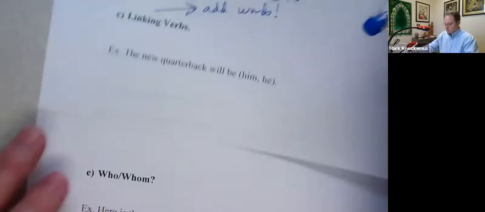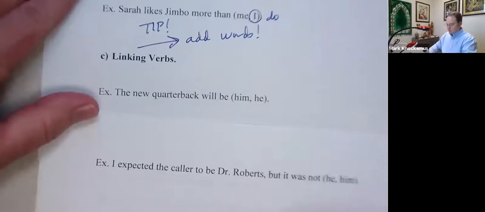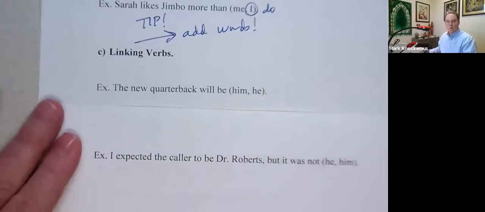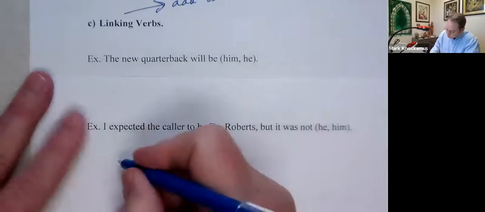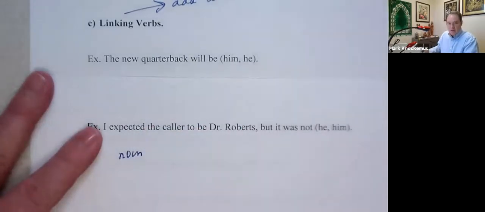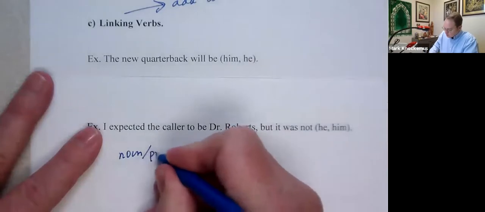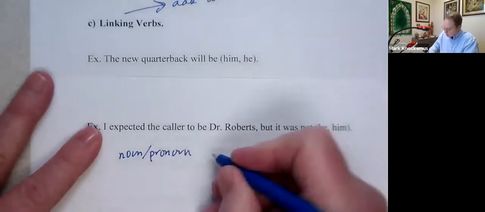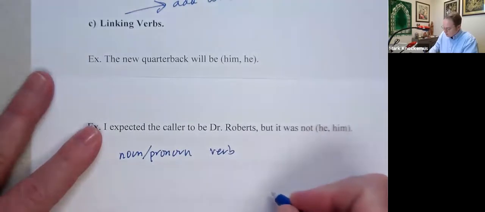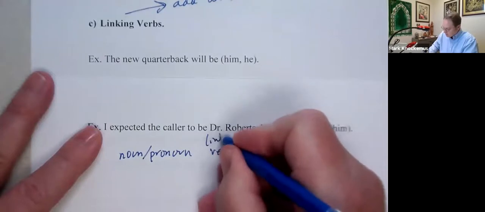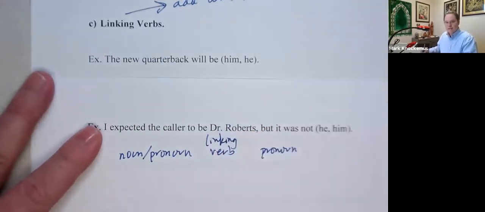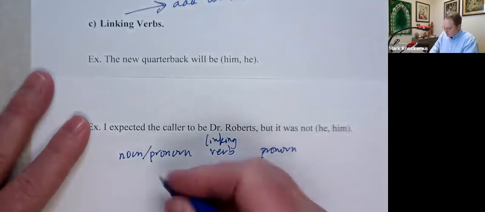The next one deals with linking verbs. The new quarterback will be blank. I expected the caller to be Dr. Roberts, but it was not blank. So what can happen here? The pattern here is we could have a noun or a pronoun, right? Then we have a verb, and we have a pronoun. When we see this happen, we have a linking verb. If we see this structure,